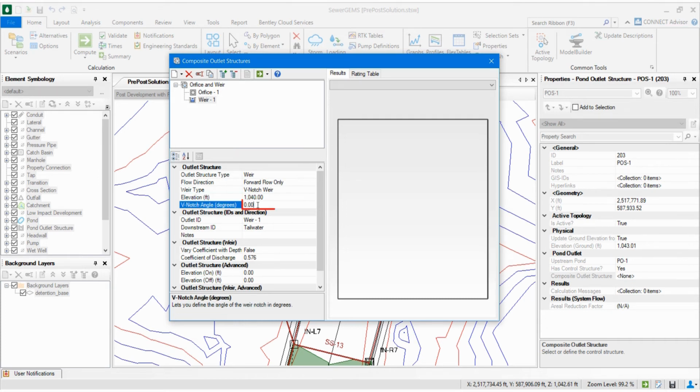V-notch angle at 30 degree. Coefficient of discharge 0.576. That's it. Close the dialog and return to the properties manager of POS1.